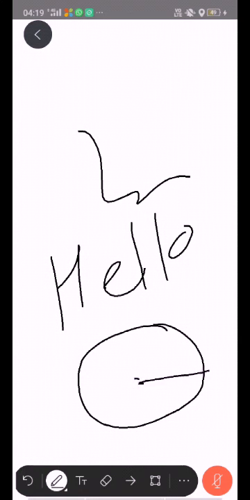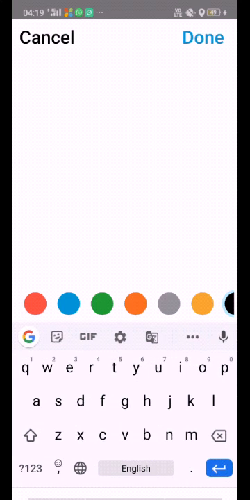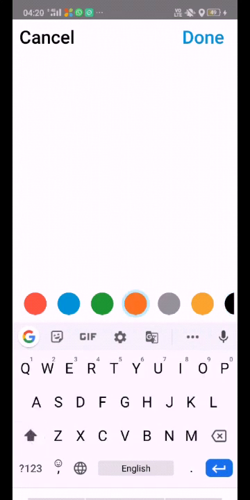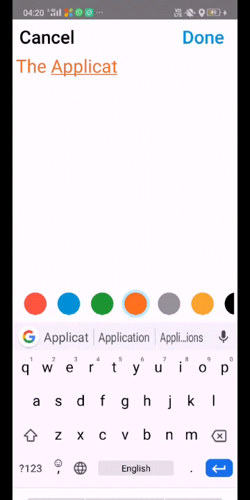This is the radius. In this way they can use it. You can erase it. You can also type the contents. All these things will be visible to others also.